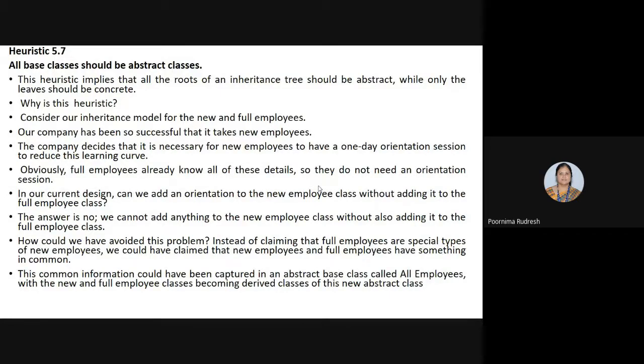Heuristic 5.7 says that all base classes should be abstract classes. This heuristic implies that all the roots of an inheritance tree should be abstract, while only the leaves should be concrete.